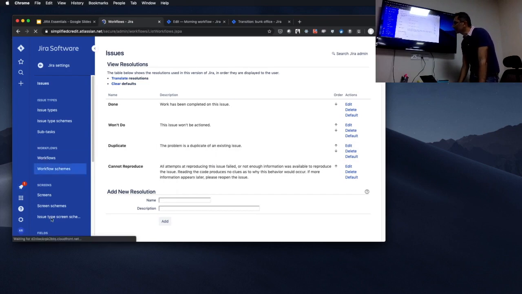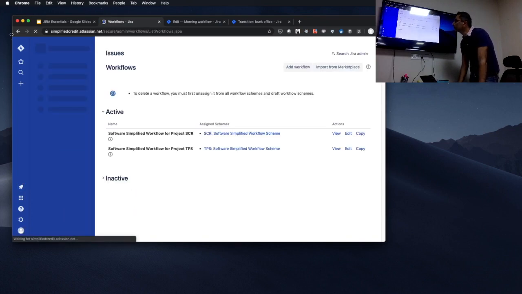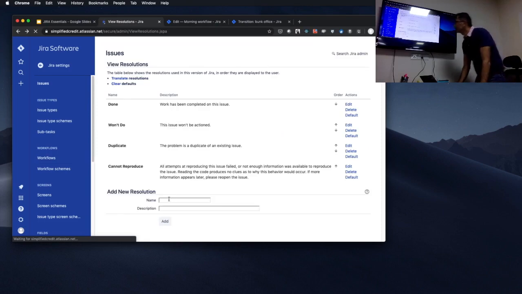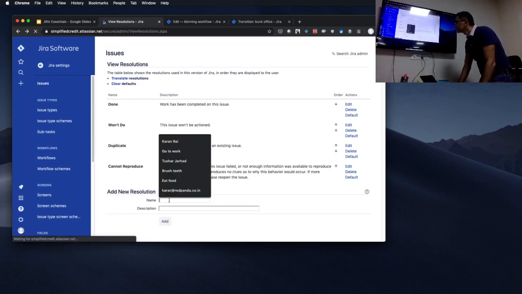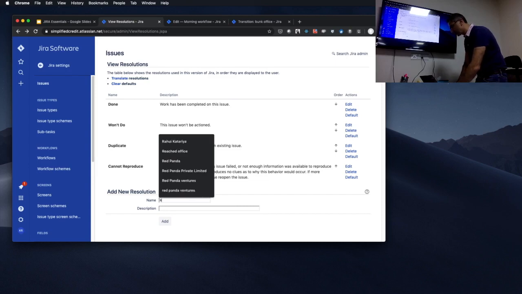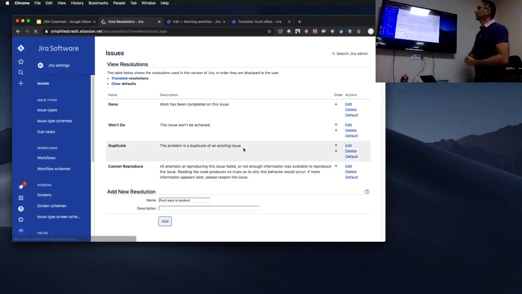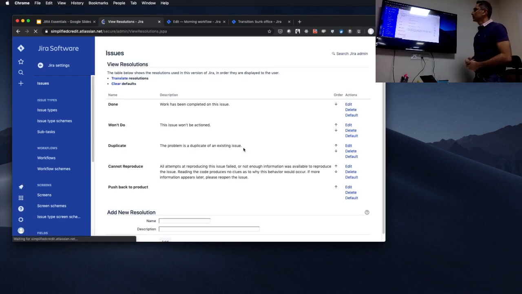So let's add a resolution type here, right? So let's call it reconsider or pushback, right? Pushback to product, maybe. And we add this. Now what this does is, it's going to give you an option. Now when we go to workflows,